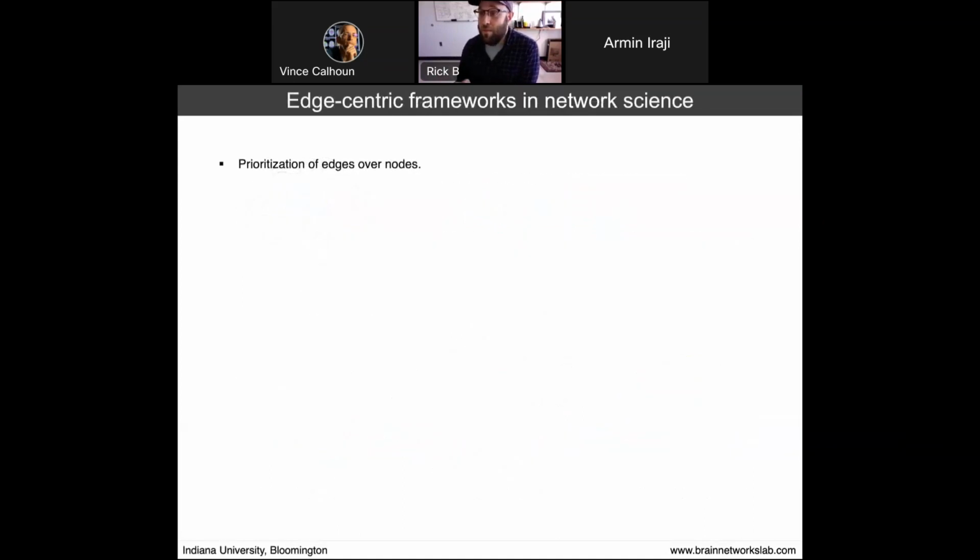This doesn't mean, however, that there are no efforts to prioritize edges over nodes. And there's some very, very nice examples of this coming from other disciplines, from network science proper. I won't dwell on this, but I want to use this just to kind of motivate our work. So some examples of frameworks that prioritize edges over nodes are, say, link similarity. This is a 2010 Nature paper from Y.-Y. Ahn and Albert-László Barabási. And essentially what this approach does is it transforms a traditional node-node connectivity matrix, a node-node network, into an edge-edge network, where the edges become the units of interest.